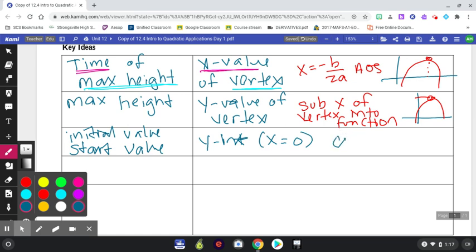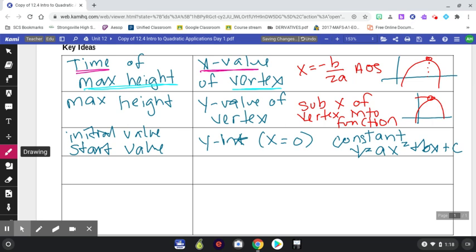That's the constant when in that form, y equals ax squared plus bx plus c. I'm going to be asked to find a value